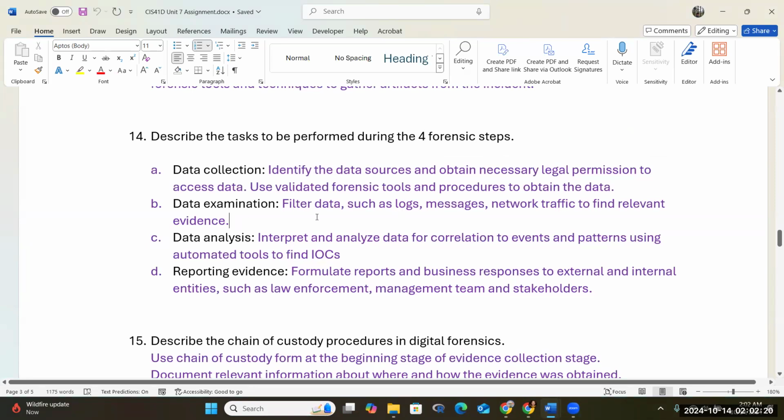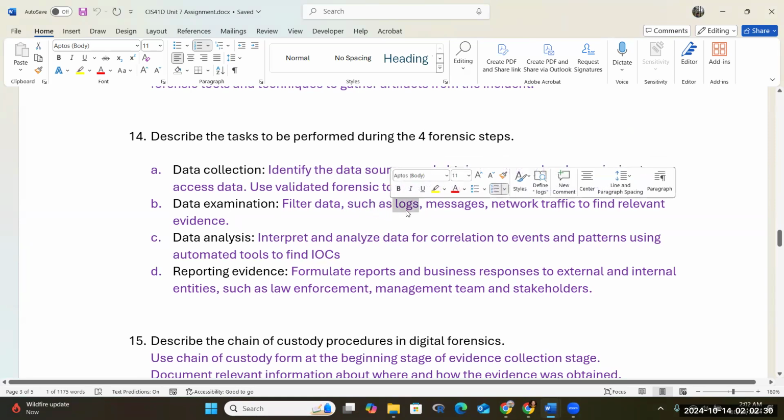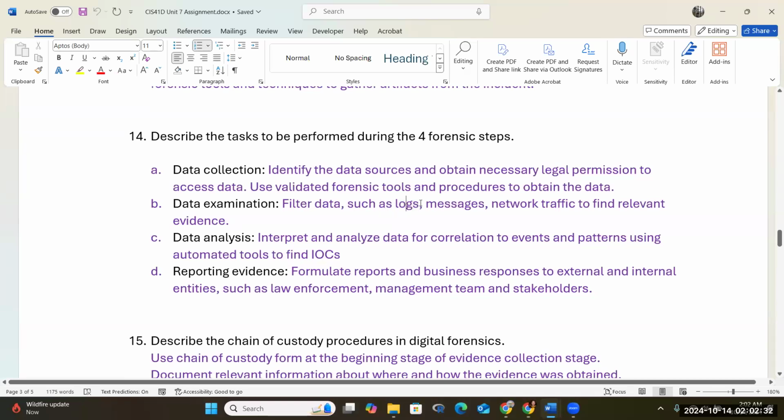The second stage is data examination. You need to filter data. In security, we need to take a look at event logs and different types of logs for our systems, like application error logs or server logs. We sometimes need to take a look at email messages, email headers, and so on. So your messages are important. Filtering narrows down the specific type of data that you can utilize for your artifacts. And then looking at network capture or network traffic,